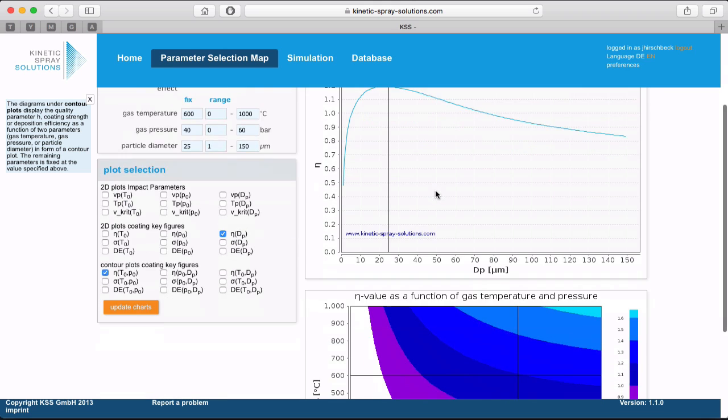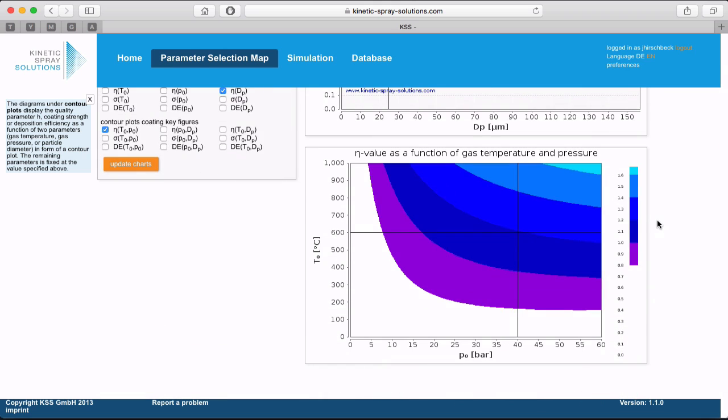And we go down to have a look at the particle parameter selection map. And here you see contour plots of the eta parameter. Each region is shown by a different color, and the legend shows the values here. For the selected parameters of temperature and pressure, 600 Celsius and 40 bar respectively, you are in the region between 1.2 and 1.3,